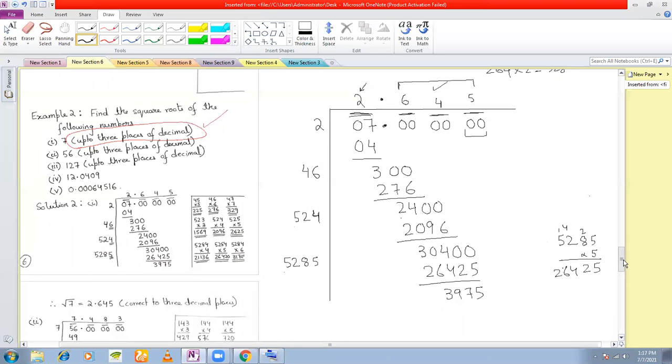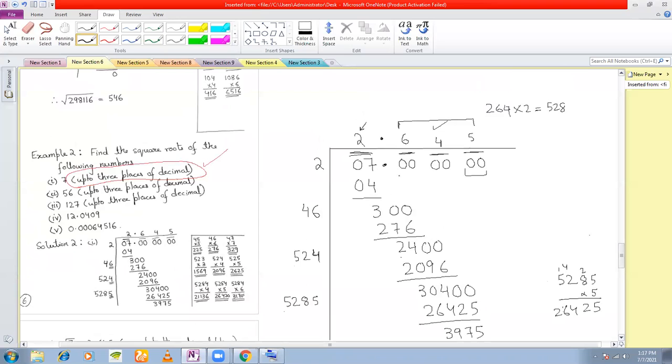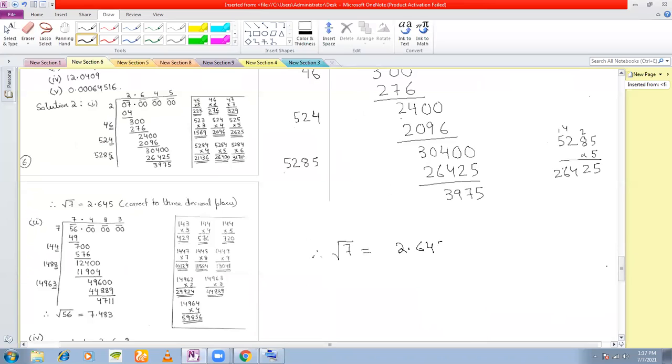Okay. So now that the video has come, someone asked the question why we introduced 3 pairs of zeros. Because we wanted 3 decimal places here. So therefore, the square root of 7 is equal to 2.645, and we give obviously a plus or minus sign. This is an approximate value. That is why they have asked you till 3 places. You can proceed further also. If you want till 4 places of decimal, you will continue in this manner. Understood? So I'll stop here.